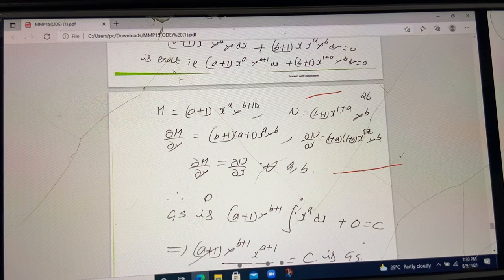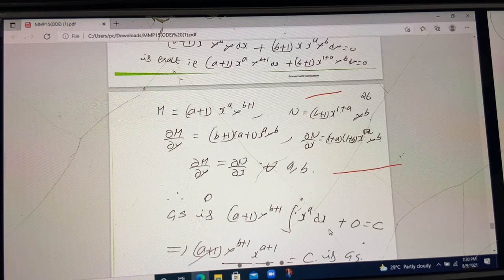Plus 1, y to the power of b plus 1 minus 1, so y power b. ∂N/∂x: 1 plus a into 1 plus b, x power 1 plus a minus 1, which is x power a, y power b. So ∂M/∂y is ∂N/∂x, which is the same. So the general solution for this is a plus 1, y to the power of b plus 1